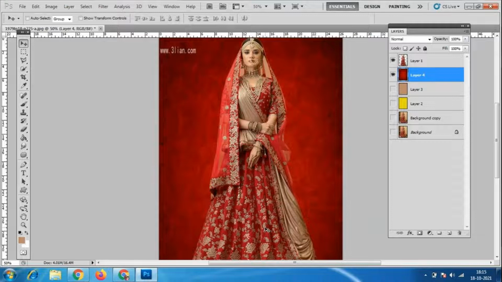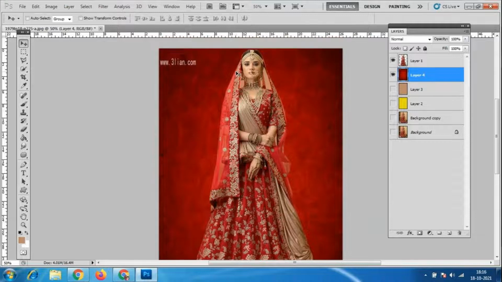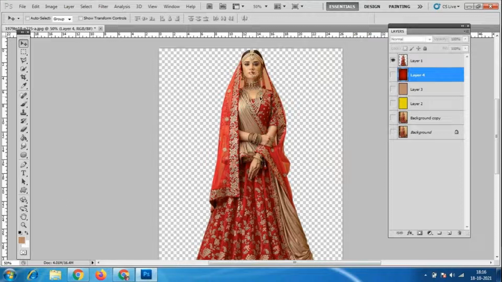So first we have to cut the background. Then we have to go to the paint bucket tool. We have to cut the layer, how much ever we want, any of the layer. Okay, then we have to separate it. We have to keep it in a different layer. So this girl, I'm keeping in a separate layer. I'm separating the character from the background. Okay, so I'm keeping it in a separate layer.